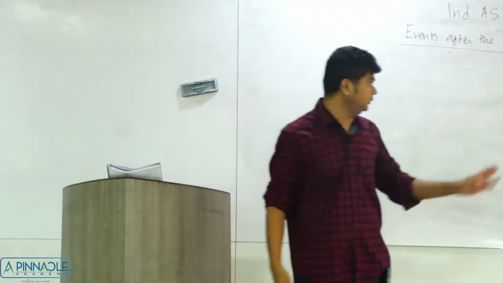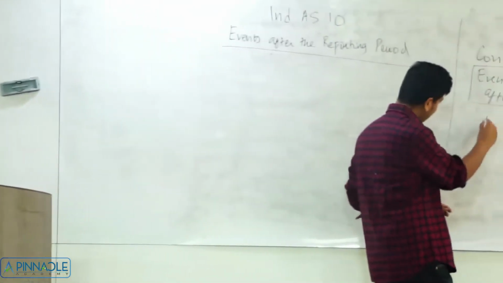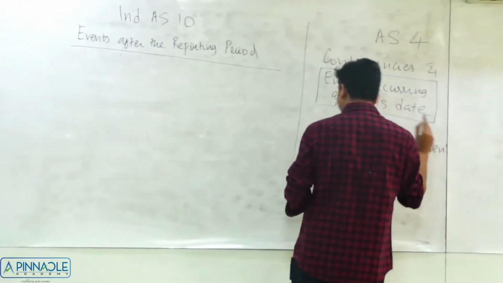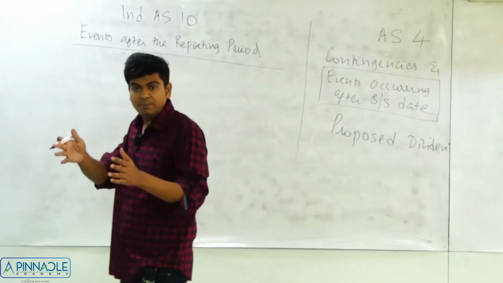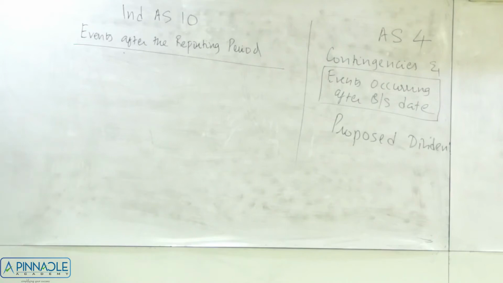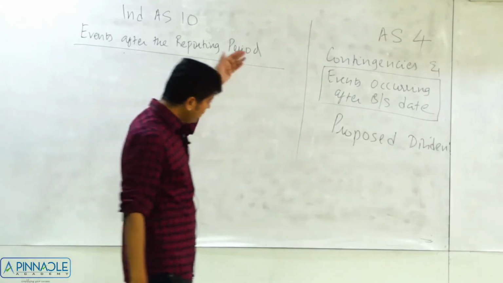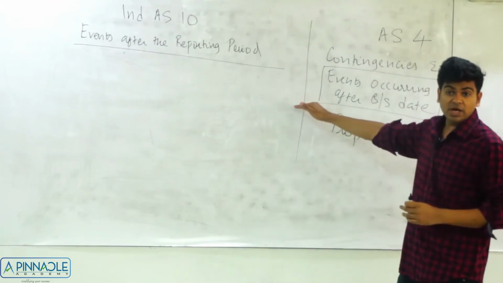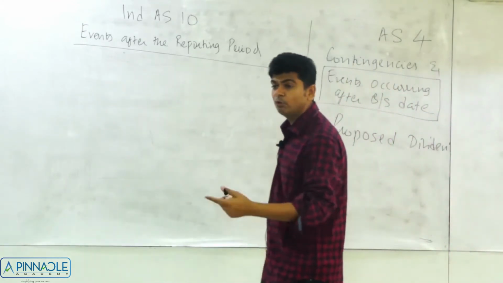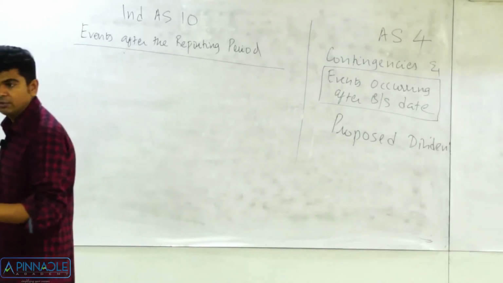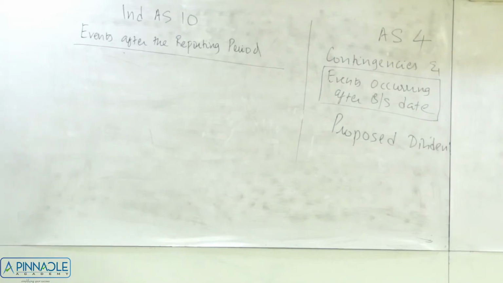And if you are aware, the most important revision which really affected our companies was proposed dividend. We will be discussing everything, but this was the main highlight when this particular accounting standard actually got revised. For years and years, we have been recognizing a provision for proposed dividend because our accounting standard 4 made it compulsory that you should provide for proposed dividend, while international accounting standard never demanded any provision for proposed dividend. But as I said, this difference is now history. Both of them are absolutely comparable.